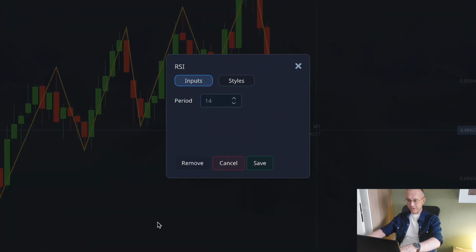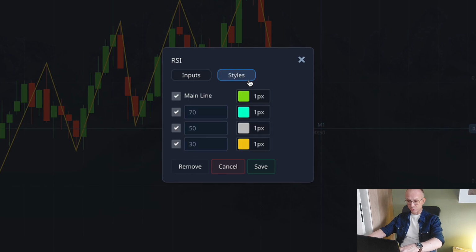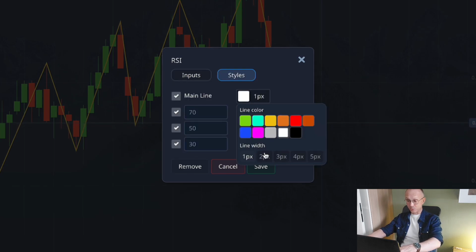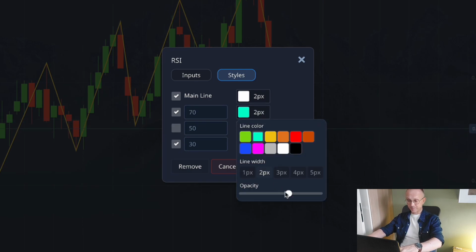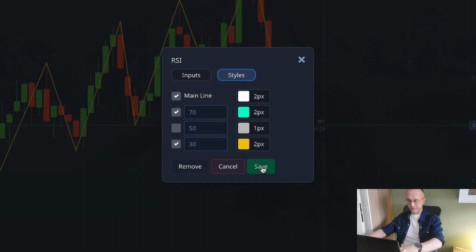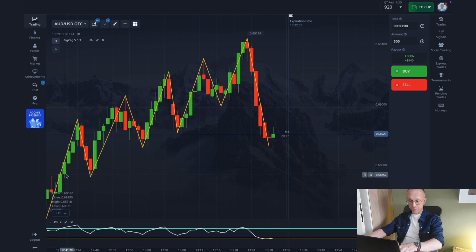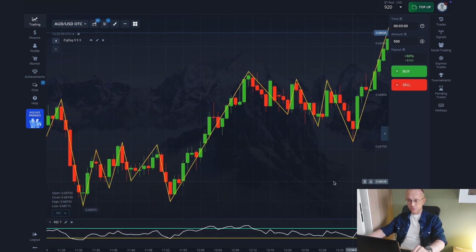Let's set up the RSI then. Set period to 7. Go to Style and set main line to white and set the width to 2. Let's disable line 50. Set the width of lines 70 and 30 to 2 and move opacity to the right and save. So the indicators are ready to go, and if you are trading on your phones, set them up